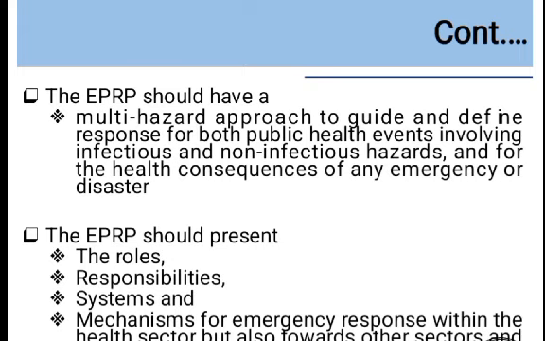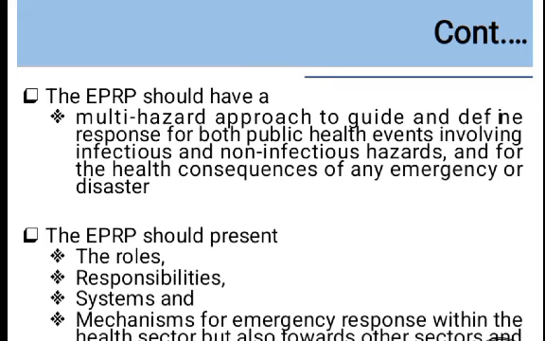The EPRP should have a multi-hazard approach to guide and define response for both public and public health events involving infectious and non-infectious hazards and for the health consequences of any